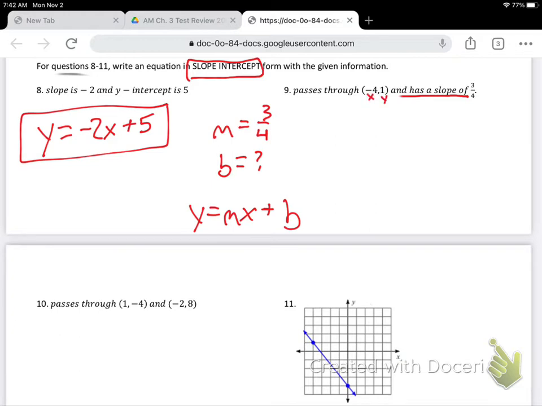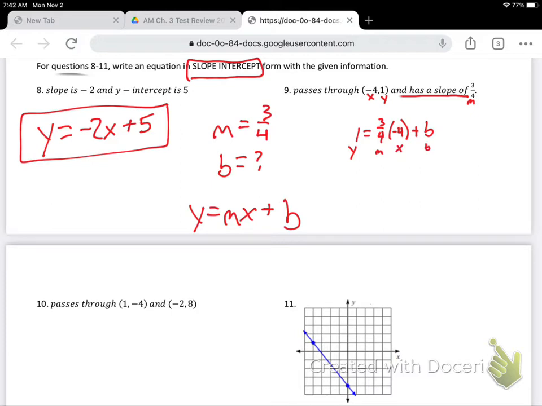I'm just going to put that into the y equals mx plus b equation, and that's going to give me b. So I have my x, my y, and my m right here. So it's going to be 1 is equal to 3/4 times negative 4 plus b. Okay, so this would be my y, this is my m, this is my x, and then there's my b